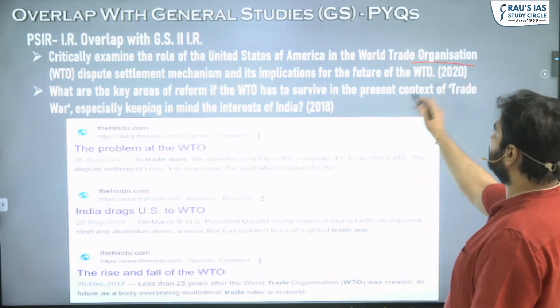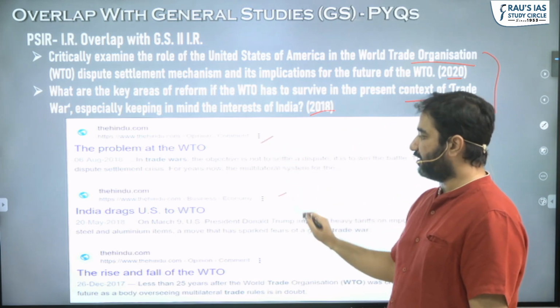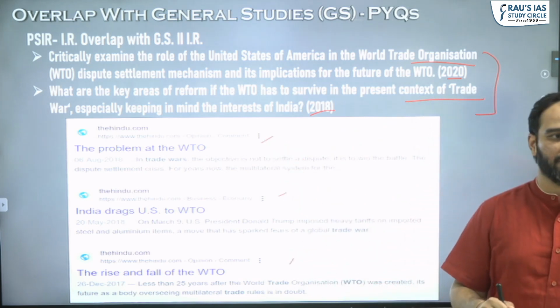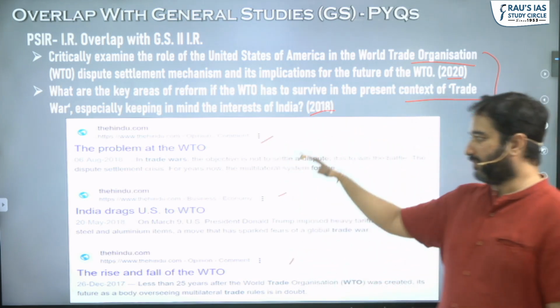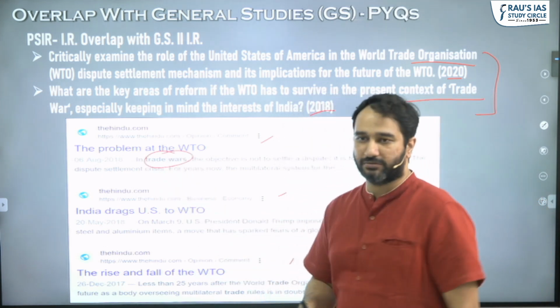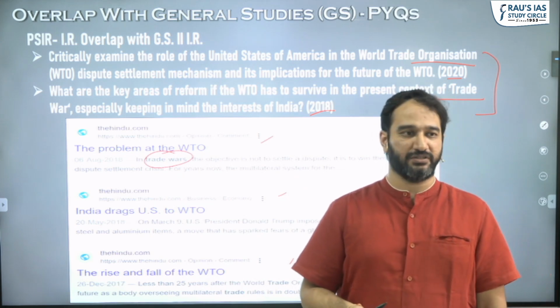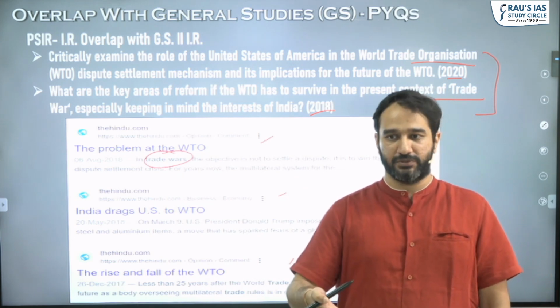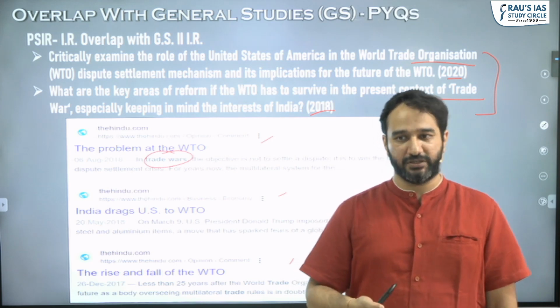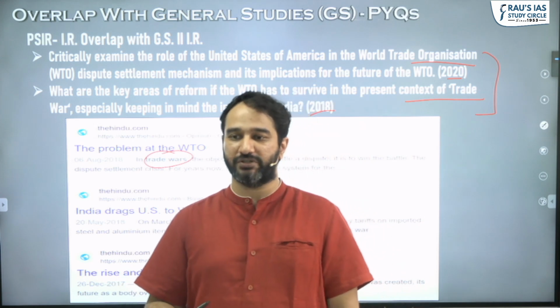The World Trade Organization and the problems of the trade wars were asked in 2020 and 2018, again covered in the Hindu. The same problem that was happening in the World Trade Organization, in terms of the trade wars, was asked in the GS paper, and it was also asked in political science. The source for preparing is the same, which would be the Hindu or the Indian Express. You learn from class notes how to connect theory to this.